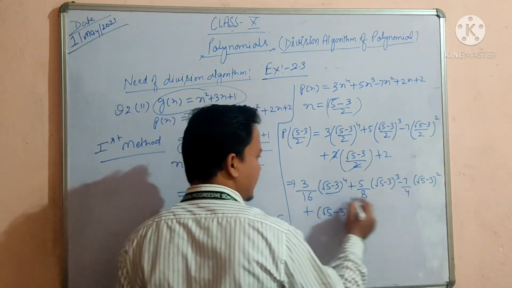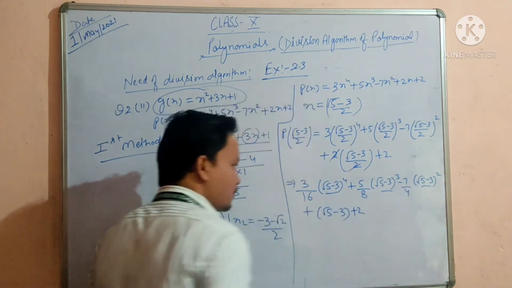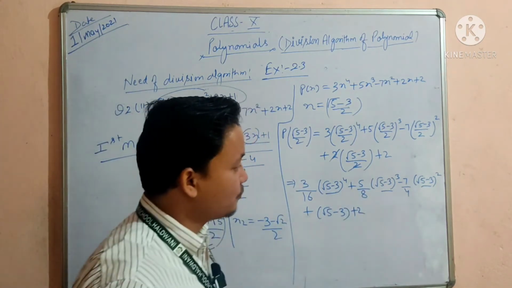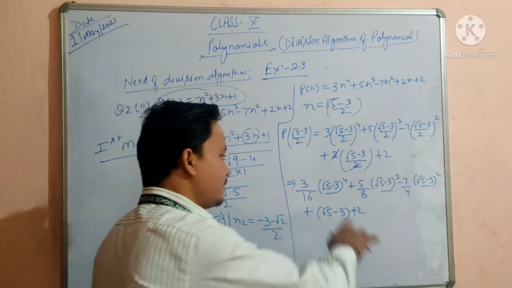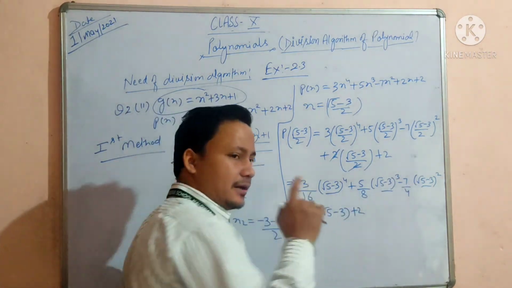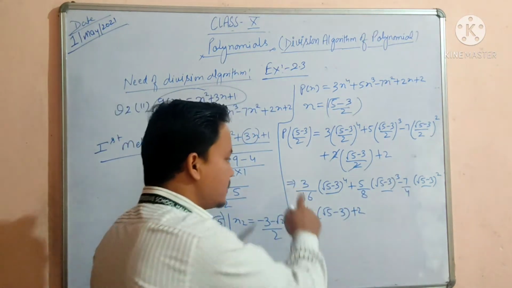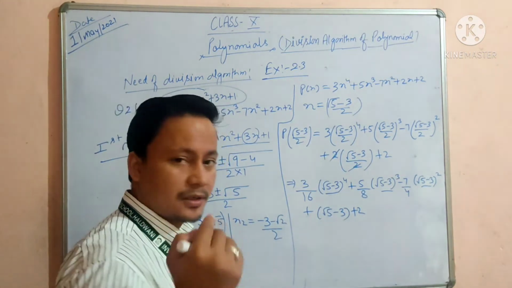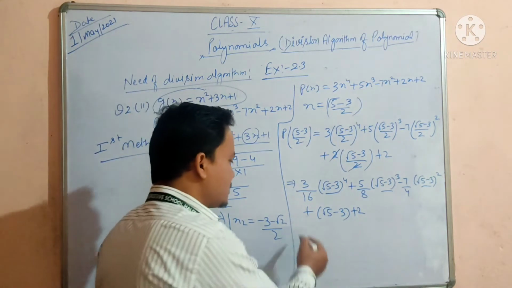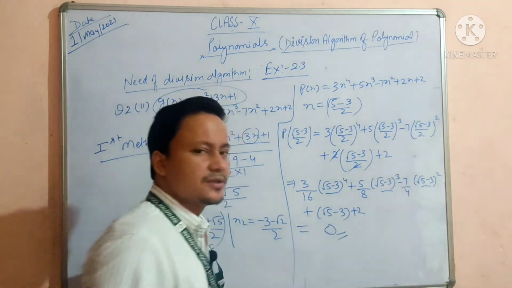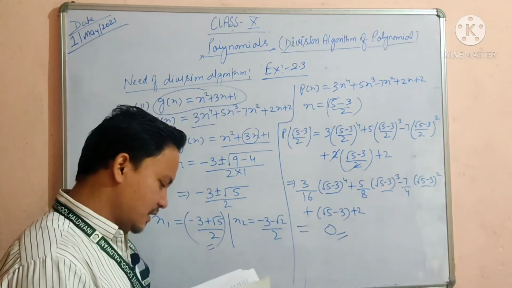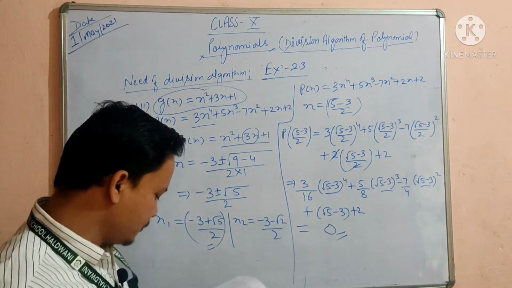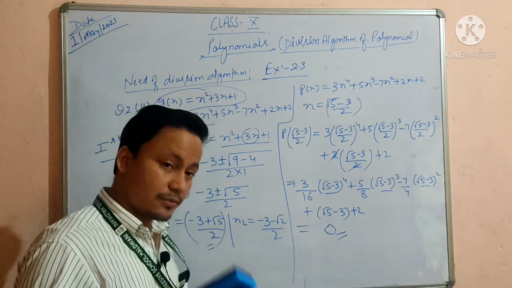Now see, we have to find out these amounts. Okay, how much will (root 5 minus 3) whole power 4 be, how much will (root 5 minus 3) whole cube be, and how much will (root 5 minus 3) whole square be. Then we have to substitute these values here, and I'm telling you this value will vanish, means it will turn into a zero. Definitely you will check it and you will definitely get a zero. Okay, now the third part of question number 2 you will do on your own. I'm going to solve question number 3.